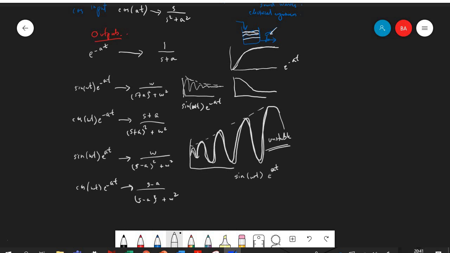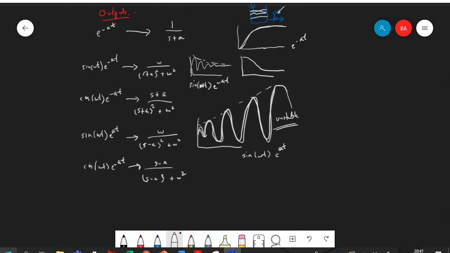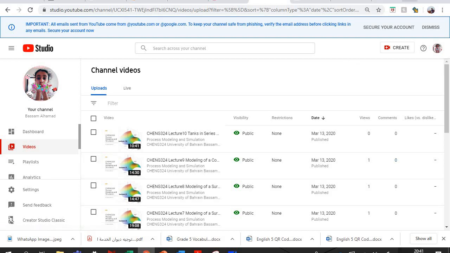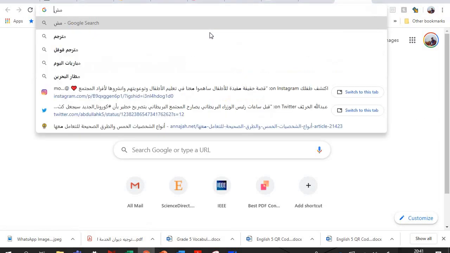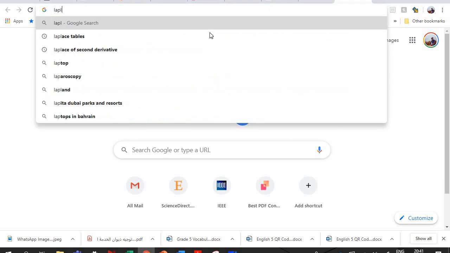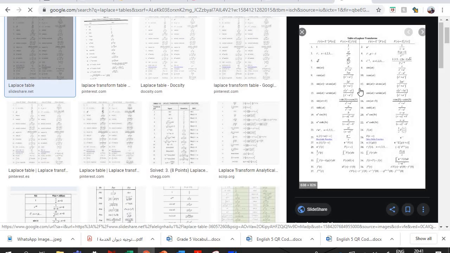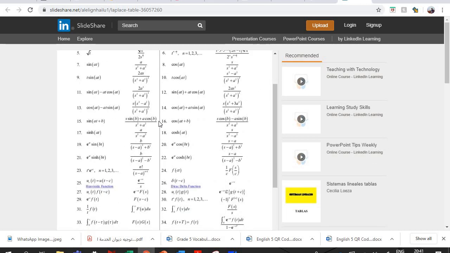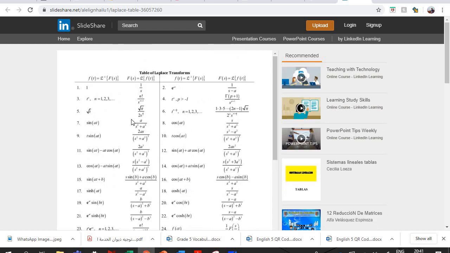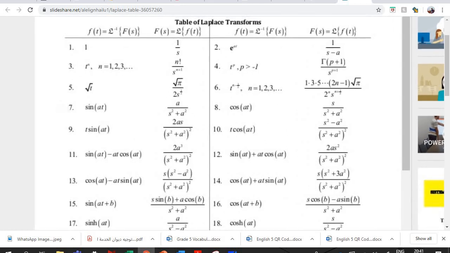Actually, you will have the Laplace tables. So Laplace tables, there's a lot that you can see in the Laplace tables. And for a moment, if you go to Laplace tables and make a quick search, there are just many of them all over. So that is one of the Laplace tables we would like to look at. So this is a Laplace table. Okay, so if you look for a moment at this Laplace table,